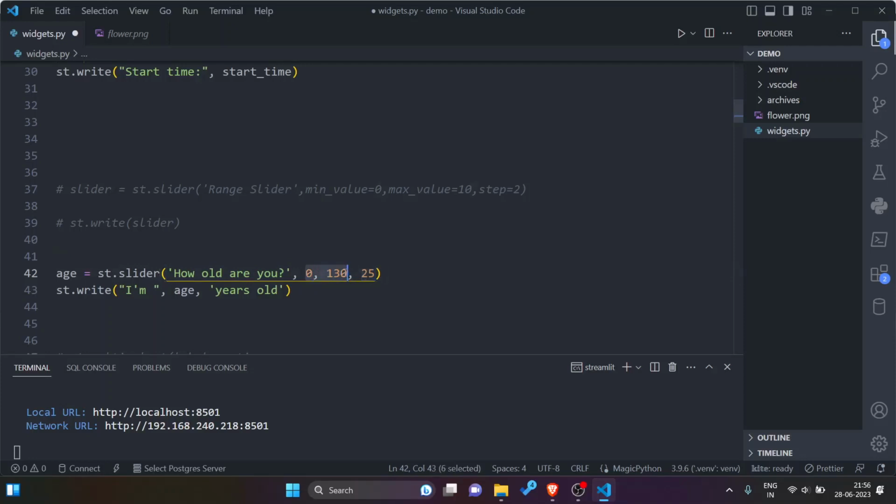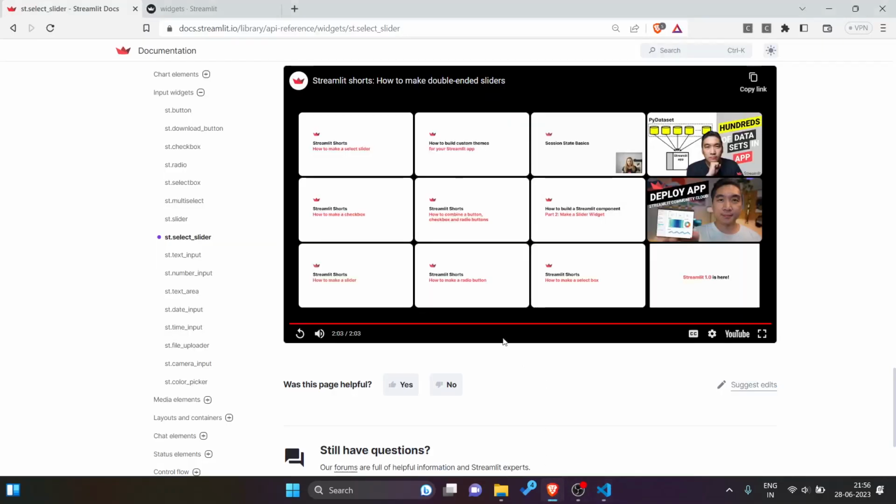So this st.slider function had created a range from 0 to 130 and the slider point selected at 25, and it was writing I am age, meaning the slider value available in the age variable. So I am 25 years old. Let us see how it was working.